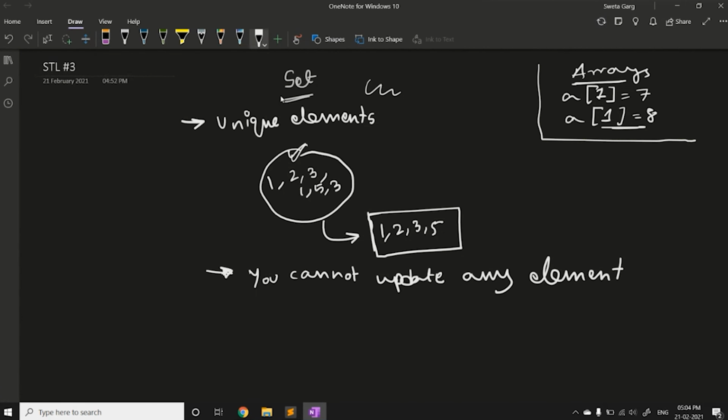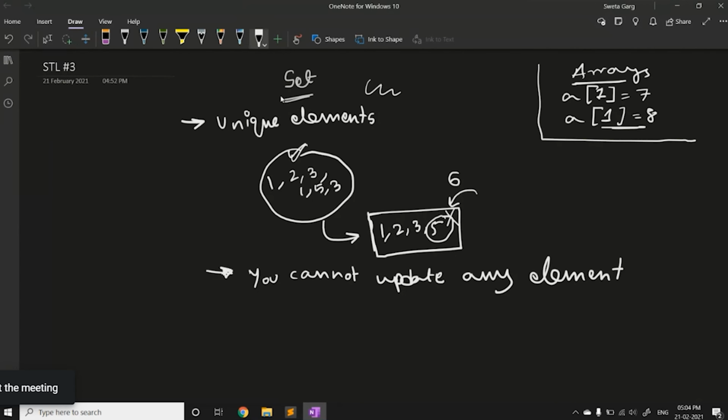If you want to update any element in the set, suppose you want to update 5 to 6, you have to first remove 5 from the set and then input 6 into the set.